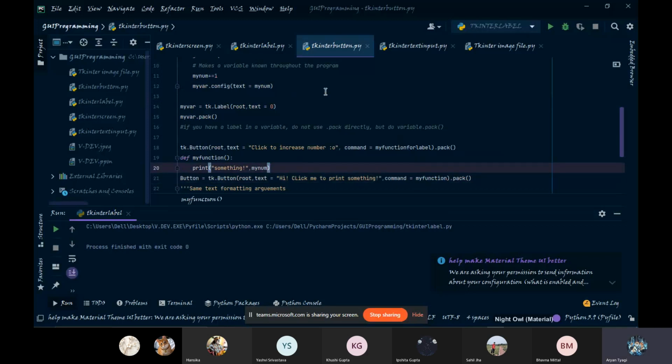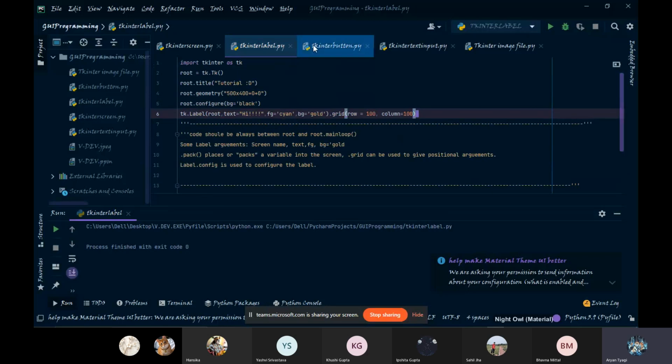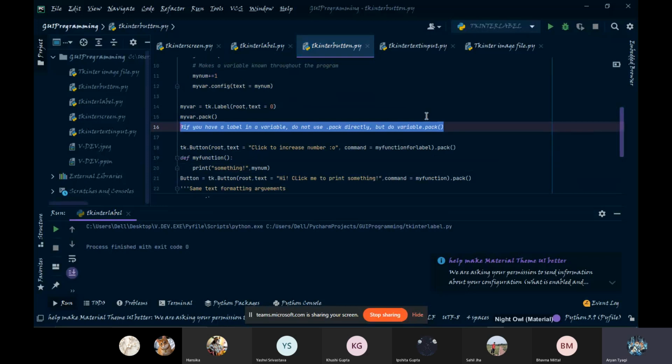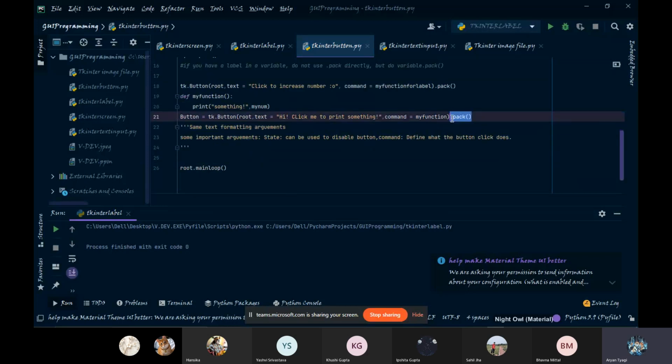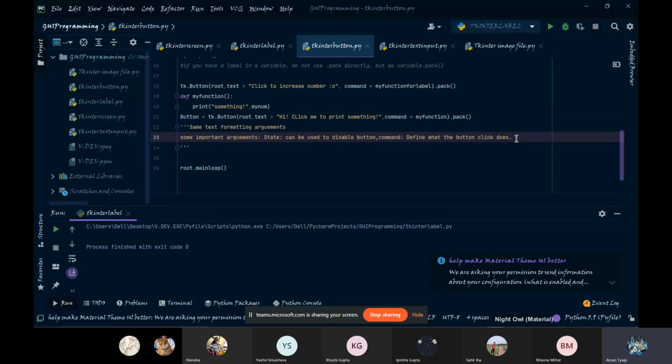As I said, for a label you should always pack the label with the variable, but for a button you can directly use .pack. The text formatting argument should be the same, and some important arguments: state, which can disable the button, and command, which is what the button does.